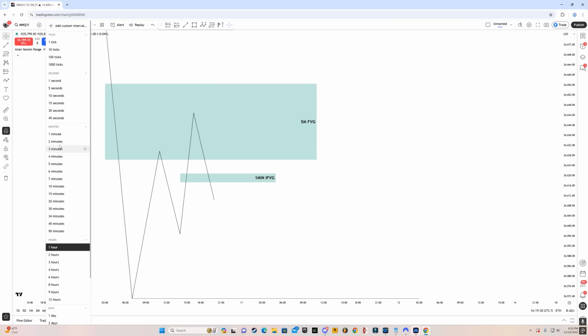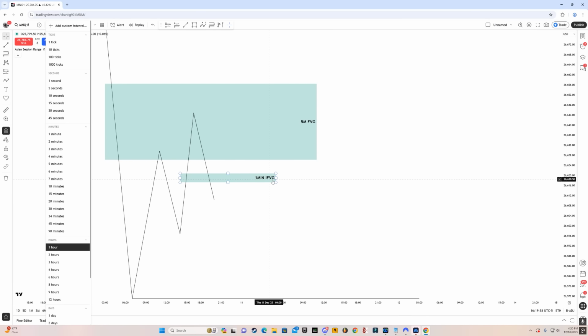Now what you want to do is use the 1 minute, 2 minute, 3 minute, 4 minute, and 5 minute time frames. So if there is a fair value gap on the 1 minute, you want to check the 2 minute time frame to see if there is a fair value gap on the 2 minute as well. The logic behind this is we want to take the highest time frame inversion, and the highest is 5 minute. So we're going to gradually check each time frame from 1 minute till 5 minute to see if there are fair value gaps in this manipulation leg.